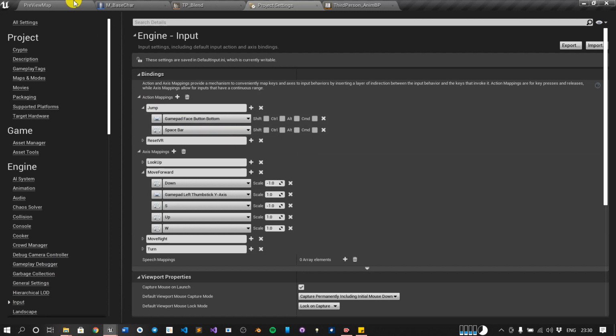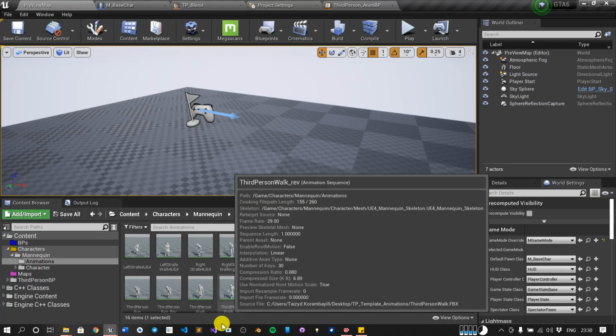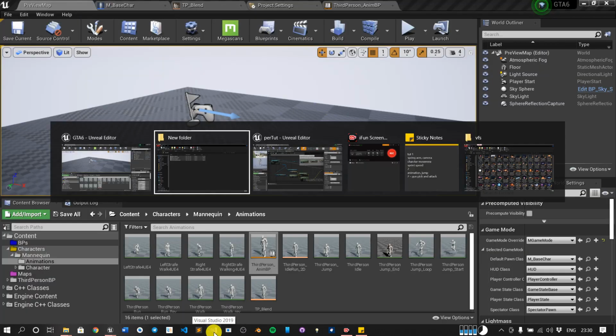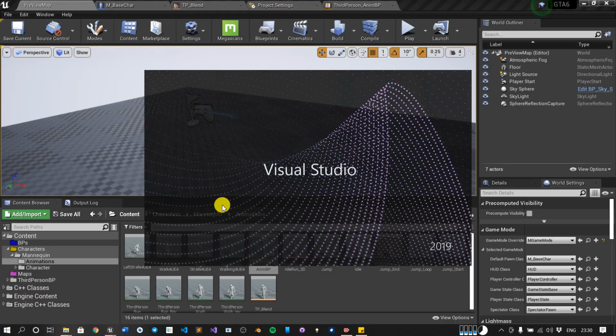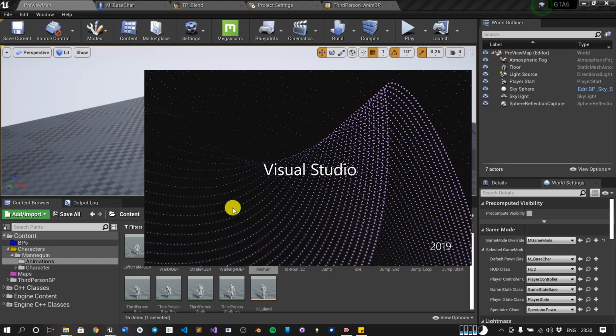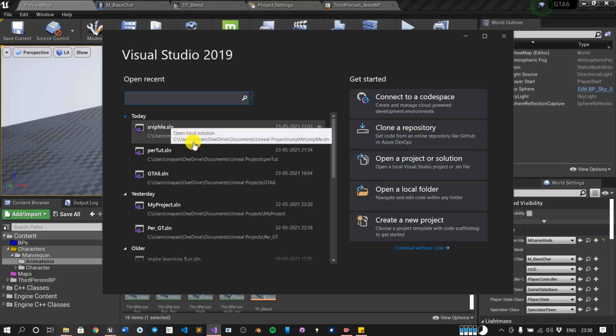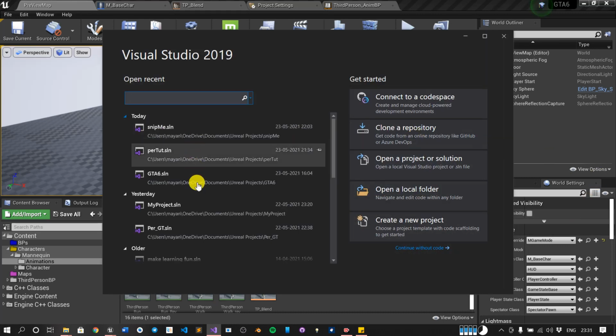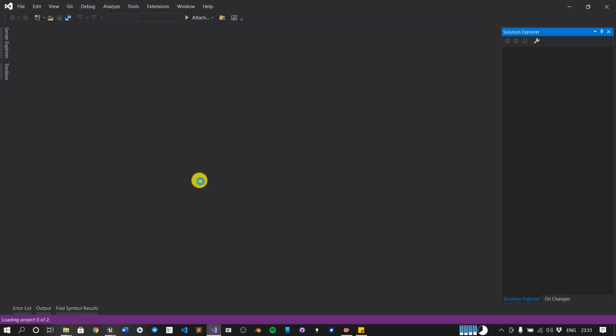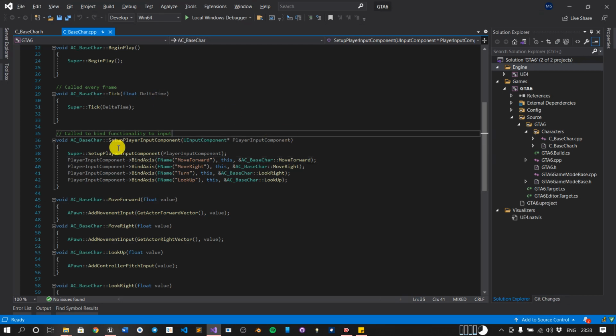We have used spacebar, okay, and we will bind it in Visual Studio Code. So just go to Visual Studio. This is the current project. We haven't bound the jump key yet.